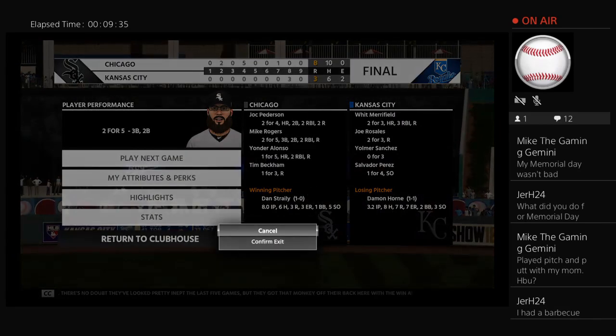Well, there's no doubt they've looked pretty inept the last 5 games, but they got the monkey off their back here with the